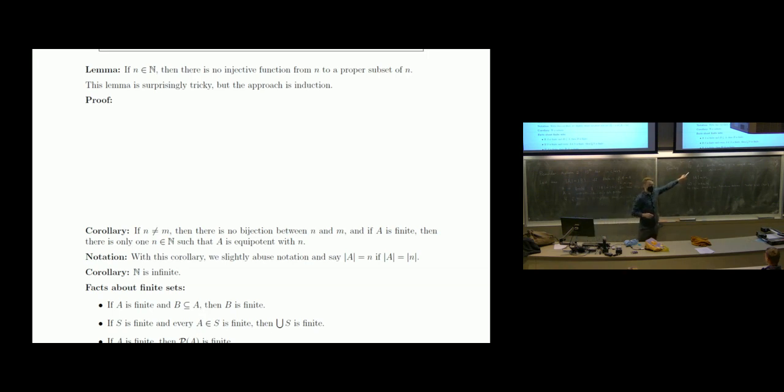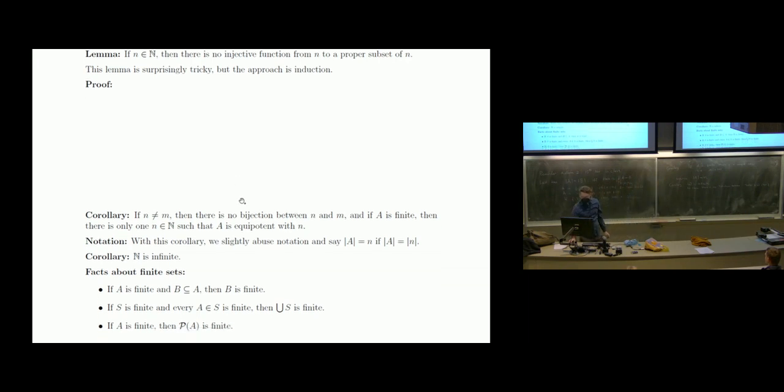This helps. Right, if it's finite, it has a size, and you show that's a problem. Okay, so